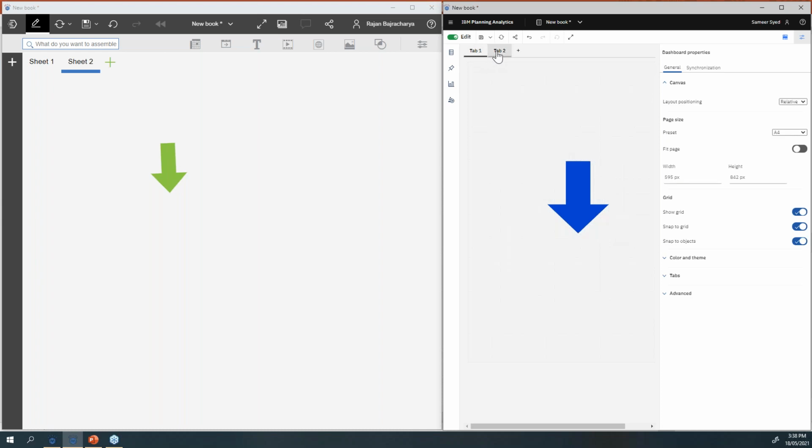So here, tab 1 and tab 2, exact same position, not an inch, not a millimeter up or down in terms of the size and the placement, exact perfect. But when it comes to the old one, I can do it, but it will take some time for me to get to that exact position of sheet 1 and sheet 2.